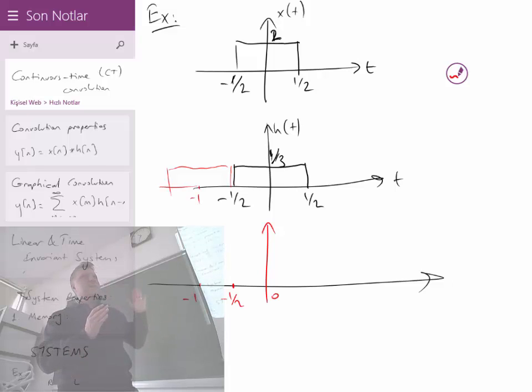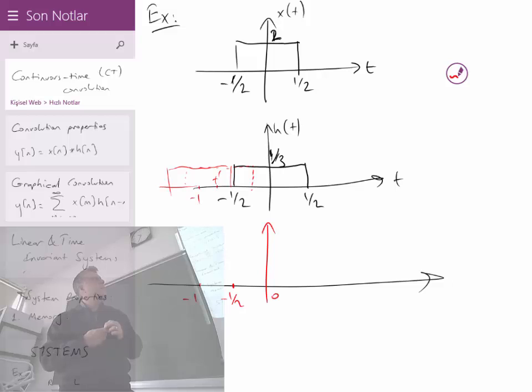If you start sliding towards the right a little bit, let's come here. Okay, the dashed red box. How much overlap is there? It depends on how much shift to the left it was. To the left, it's an amount of, let's call it t prime. The center of the dashed box is at t prime, so it's a shift to the left by t prime. If that t prime is greater than -1, to the right of -1, then there is some overlap.